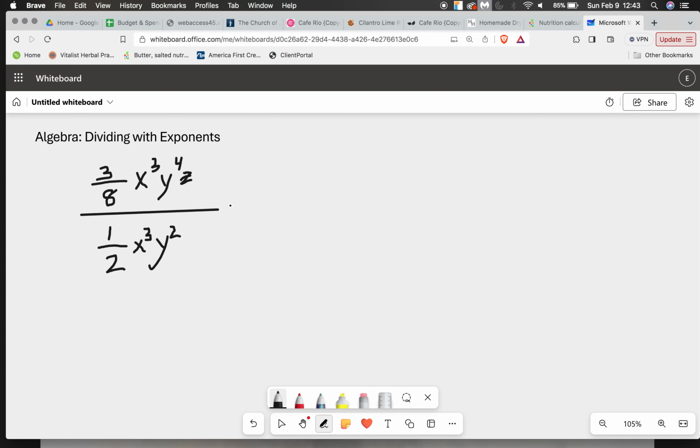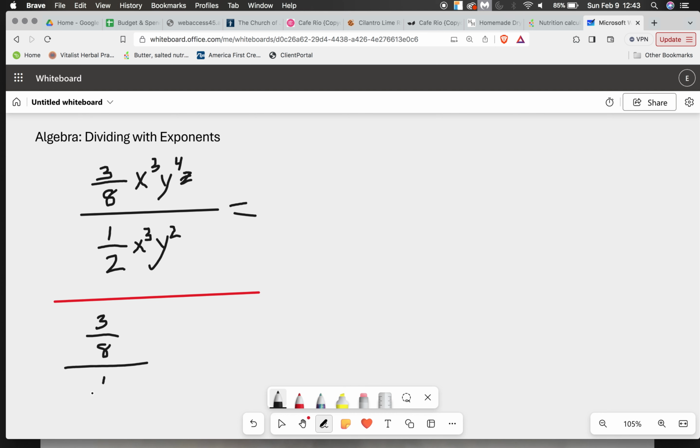Alright, solve this one problem. Pause the video right now, and then come back for us solving it together. Okay, hopefully you have solved the problem, and let's go through it together just in case. So we're going to start with our numbers, just because we like those easily. Let's work on our numbers down here. I'm going to just do a different section of the whiteboard to work these fractions through. So 3/8